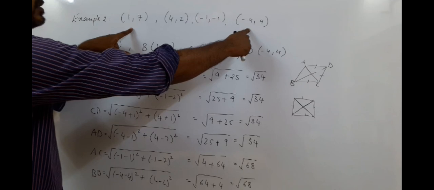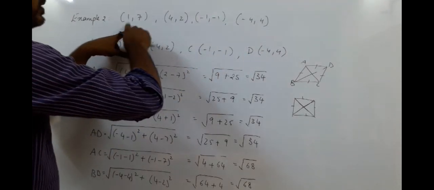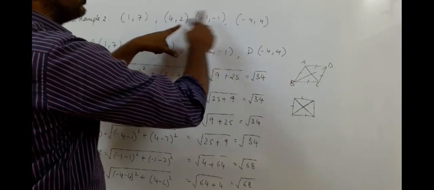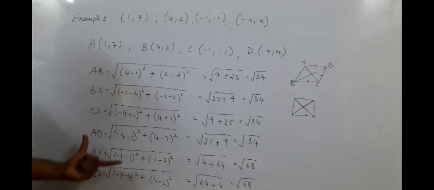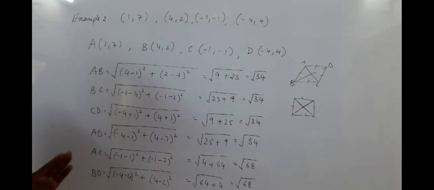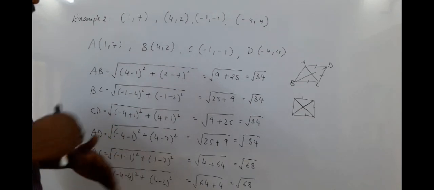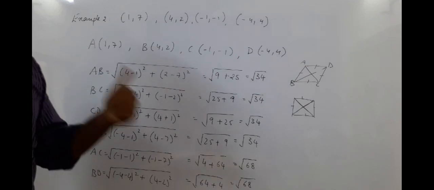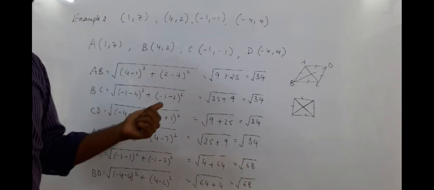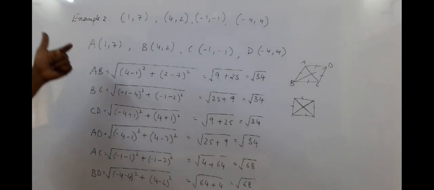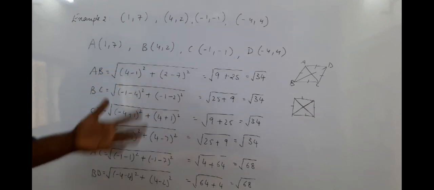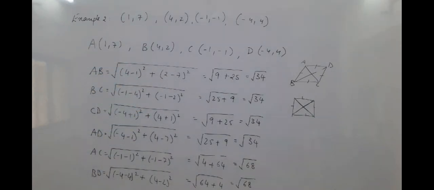When I take these 2 points, I have to take x2 minus x1 the whole square plus y2 minus y1 the whole square. If I take these 2 points, then x2 minus x1 the whole square plus y2 minus y1 the whole square. So the points keep changing, finding the distance. But finding the distance is not enough. Then we apply the conditions of geometry, and by applying these conditions we know, like I told you last time, equilateral triangle, isosceles triangle, right angle triangle, isosceles right angle triangle, and here we have quadrilateral, parallelogram, rectangle, rhombus or square.